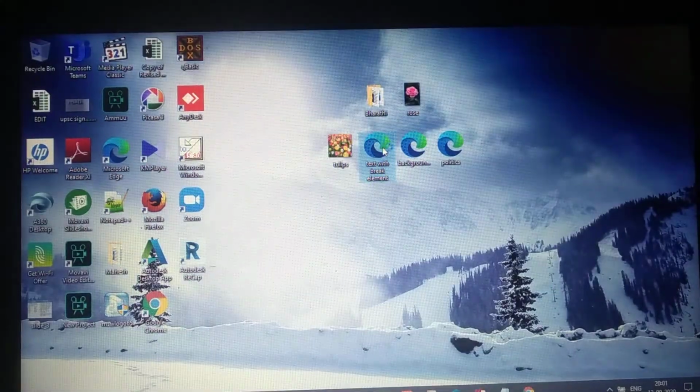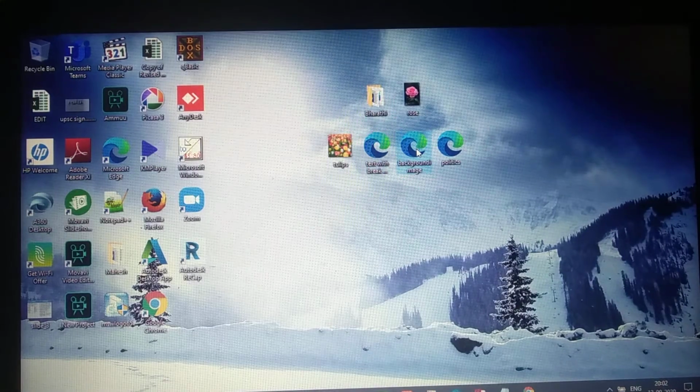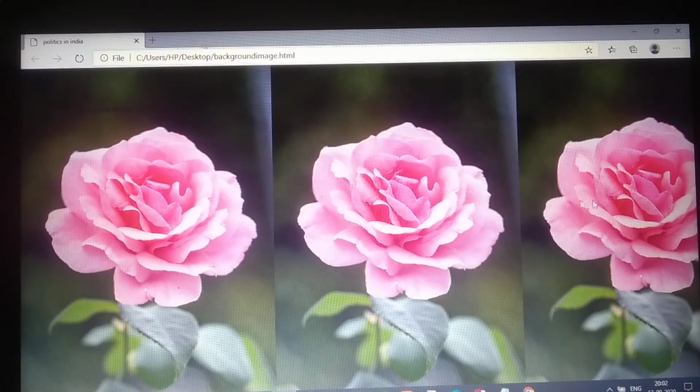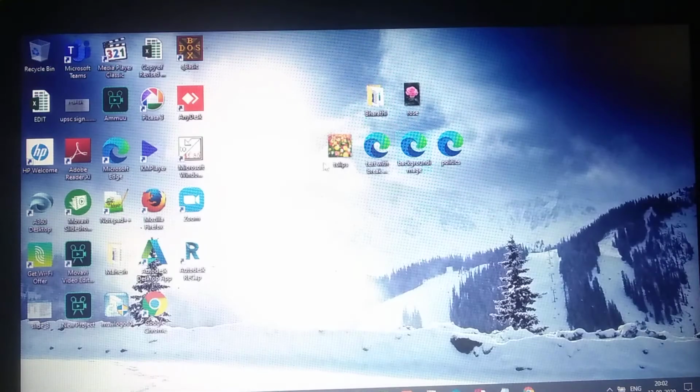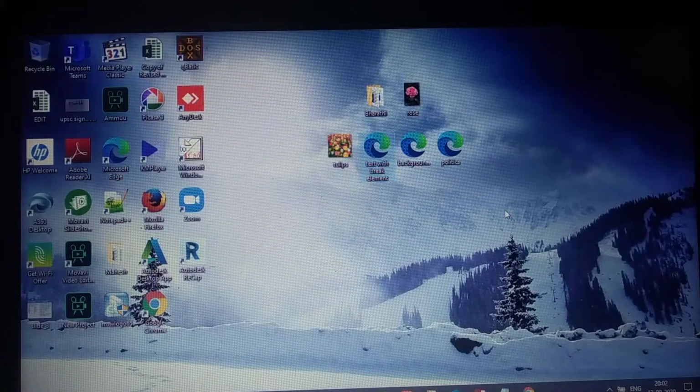For this also you can change the background color. You can give background color, background image, and for the text also you can give. So like this, this is a background color. We changed this background color and we changed the text color also here. Another one is a background image. We kept some image, and that image path you have to mention there. And the text I gave black color, so it is displayed in black color. Third one is without break. First output we have seen, and with break this is the output. So these 4 programs